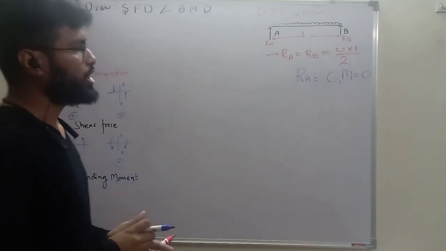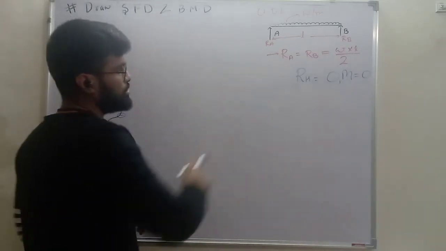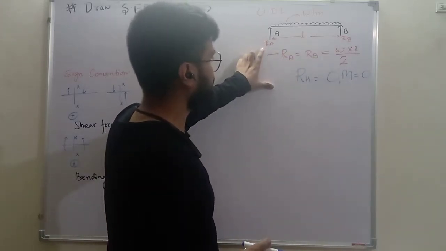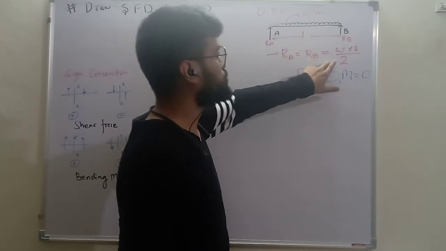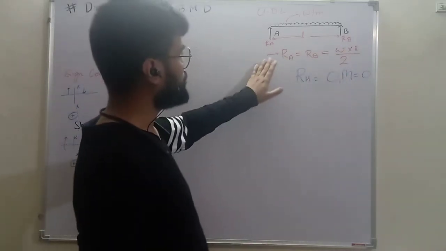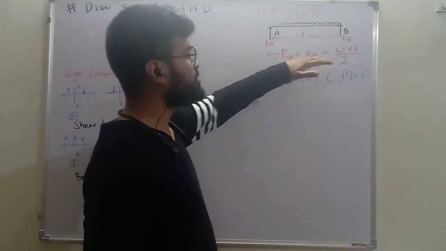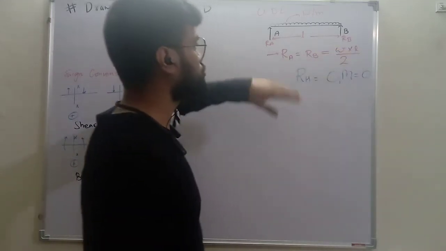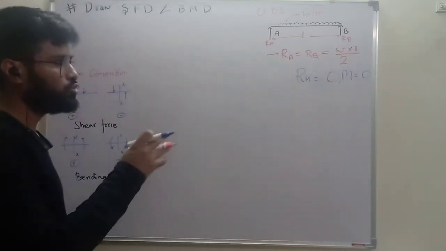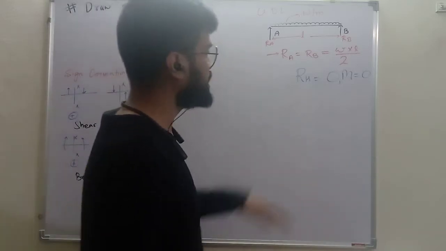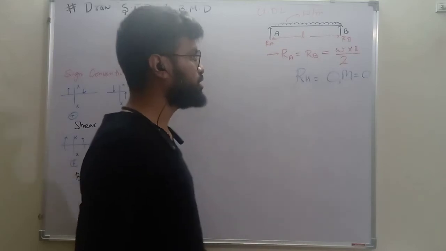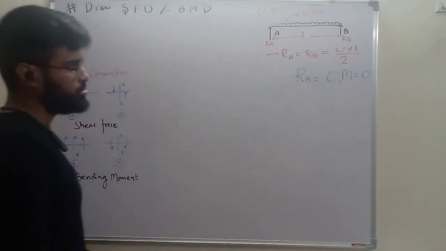Now, this is a symmetrical beam. So what will be the vertical reactions? The vertical reactions at A and B will both be equal to WL by 2, because this is symmetrical loading on a symmetrical beam. Both reactions will be equal, each equal to the total load divided by 2. So what is the total load? Total load is W into L, where W is the UDL per unit length, multiplied by the total length of the beam, L. So WL divided by 2 will be the reaction at support A and support B.